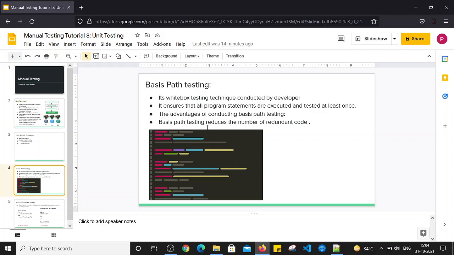It will help the developer find redundant lines of code which might not be used during the execution of that specific module. That is the white box testing technique used by the developer, known as basis path testing. It is used during unit testing.